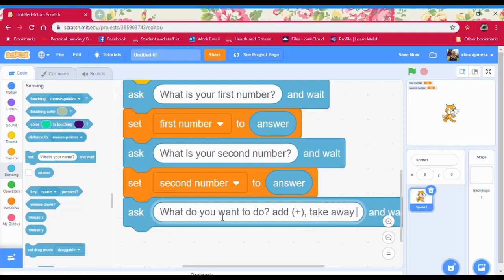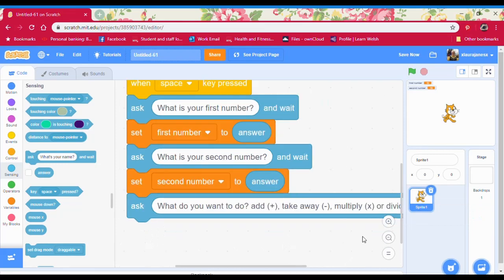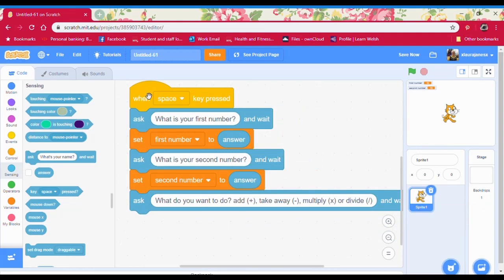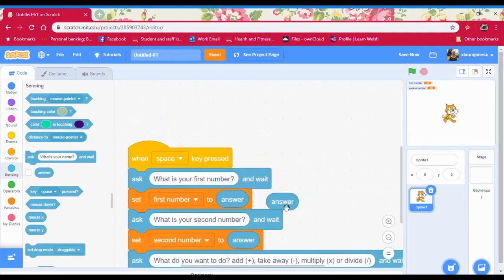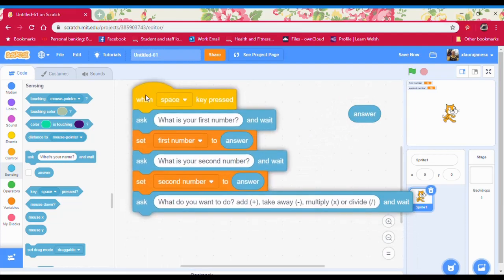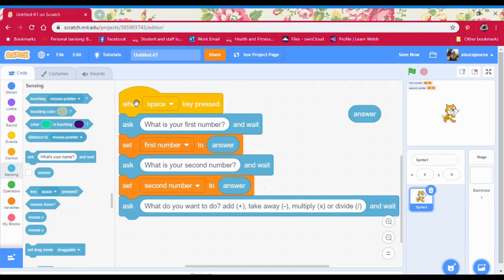Take away, which would be take away. Multiply, which is our x, or divide, which is our forward slash. Okay. Now I've got that answer block hanging around somewhere, so I can get that out of the way. Okay, now once I've done this,